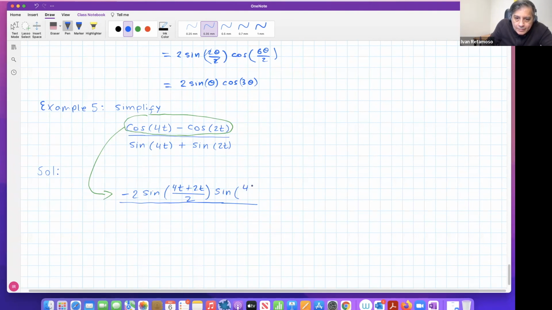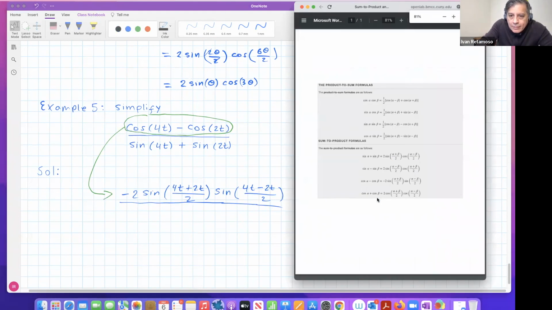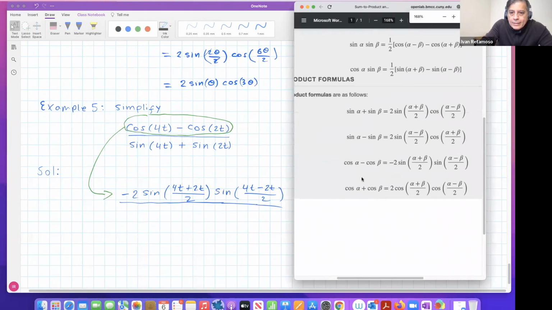Alpha 4t minus beta 2t over 2, right? Yeah, I have used the formula, this guy, as you can see: minus sine of alpha plus beta over 2 times sine of alpha minus beta over 2, right? Correct? Great. Now we have to deal with this guy, sine plus sine. So for that, I am going to use the first formula now, right? So let's do that. 2 times sine of alpha plus beta over 2 multiplied by cosine of alpha minus